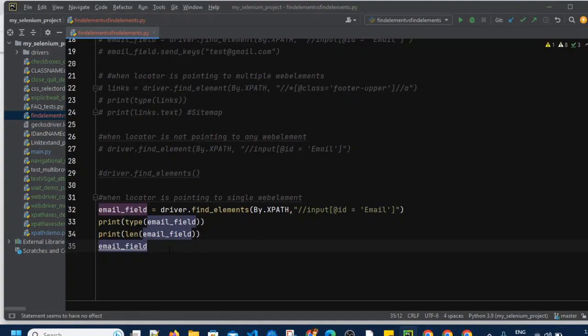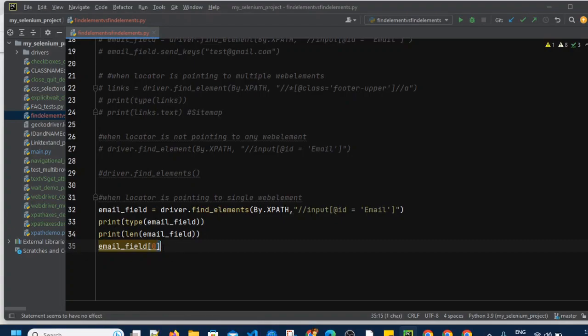So how do we fetch that web element from this list? Email field, then square brackets, and what is the index? Lists start with index 0. There is only a single web element, so the index position of that element will be 0.